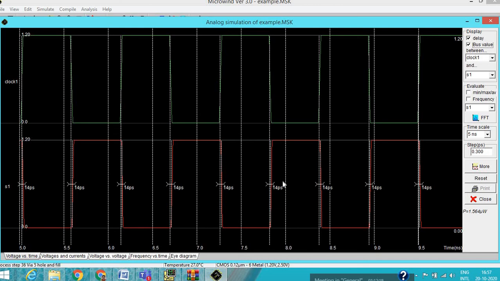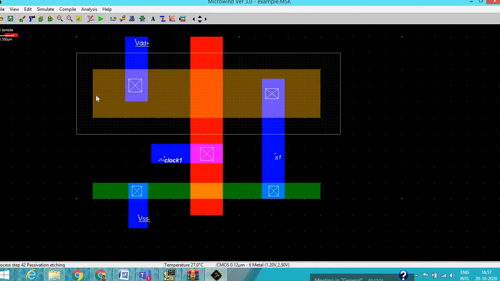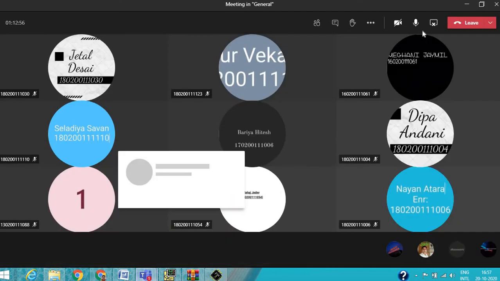Now here it is equal because I have set the width of the P MOSFET to about 2.5 times the width of the N MOSFET. That's why it is equal. If you set the width of the P MOSFET to less than 2.5 times the N MOSFET width, then we'll get propagation delay times where the low to high propagation delay time is high, and the high to low propagation delay time is low.